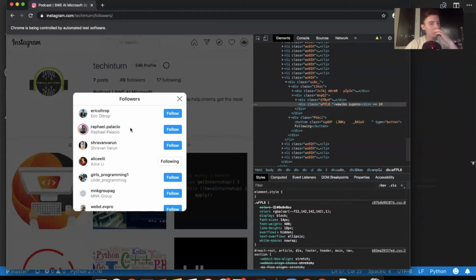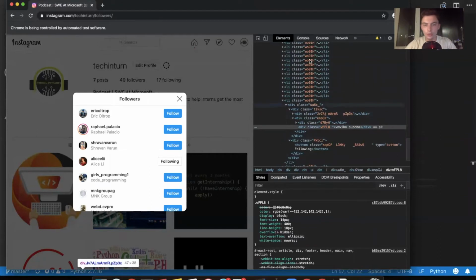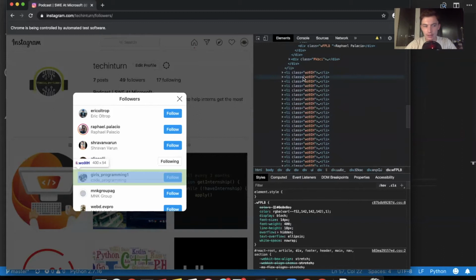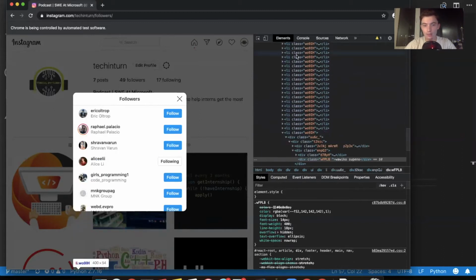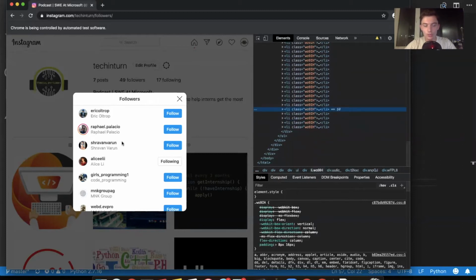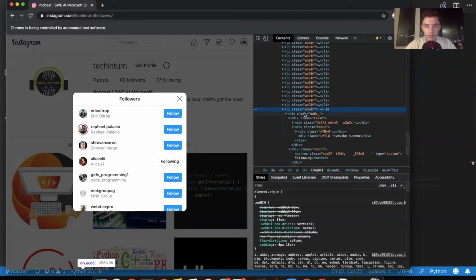Now, one thing I noticed is that there are a few, I don't know exactly where they are. There's a few list elements in here that don't actually correspond to people. At least that's what I noticed last time I ran this. And so in order to get around not including them in the list, or messing up the list in any way, shape, or form, what I'm going to do is